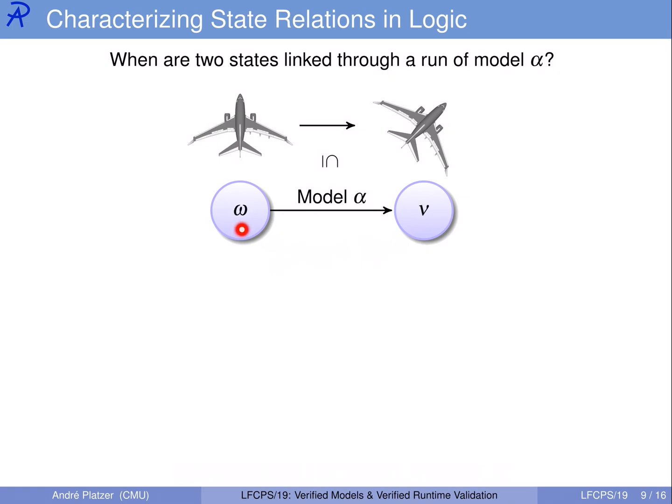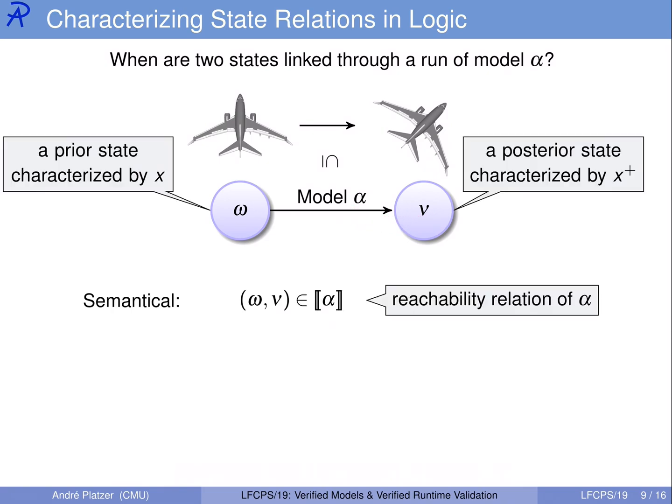So if the old state is called omega and the new state is called nu, then the question is whether from this old state that we observed, could we have come to the new state that we've observed, is that compatible with the model alpha? And the answer is whether the old state omega and the new state nu, whether that pair is in the reachability relation induced by the hybrid program alpha, which we already defined in the first part of the textbook. So, if you then characterize the prior state information by the variable names x and then posterior state information by the variables x plus,